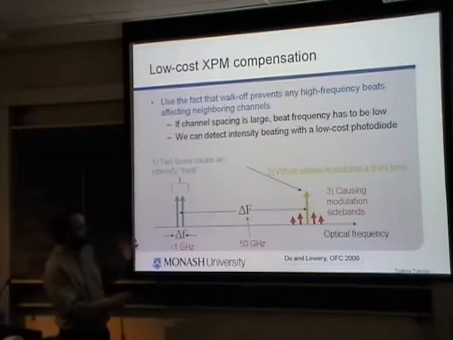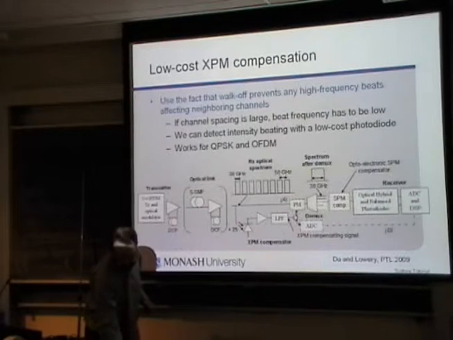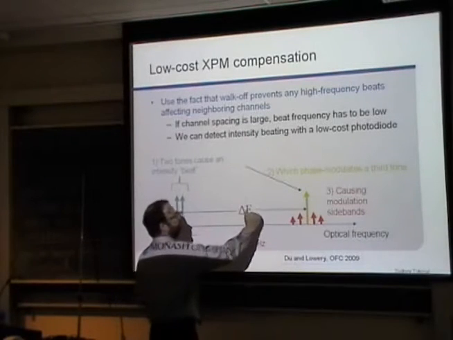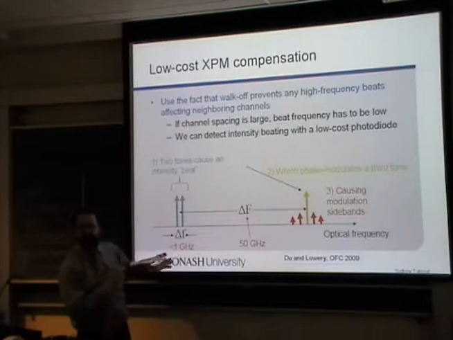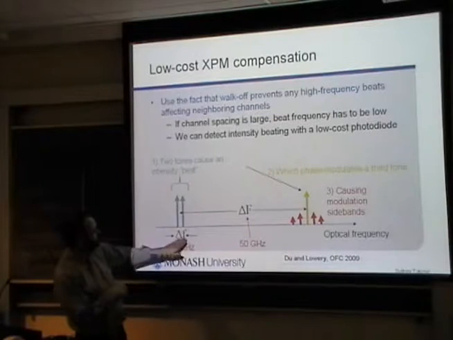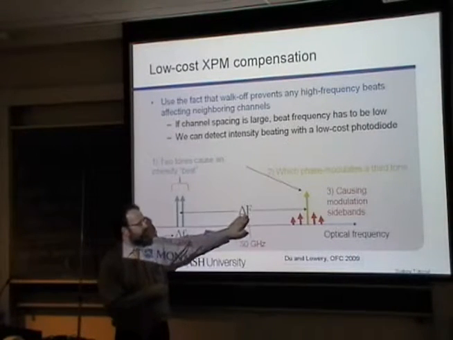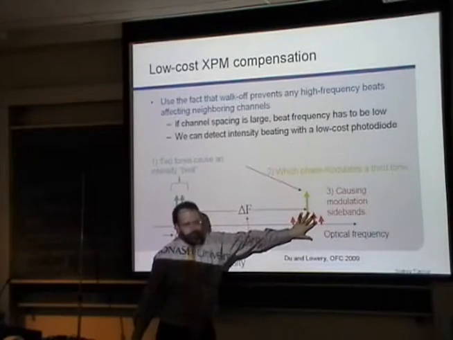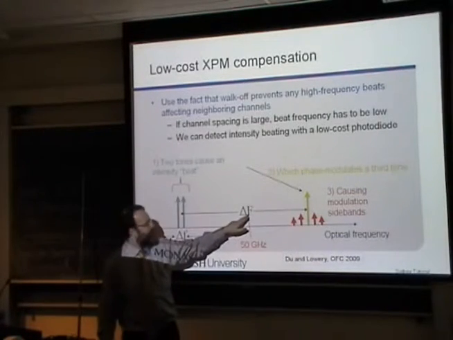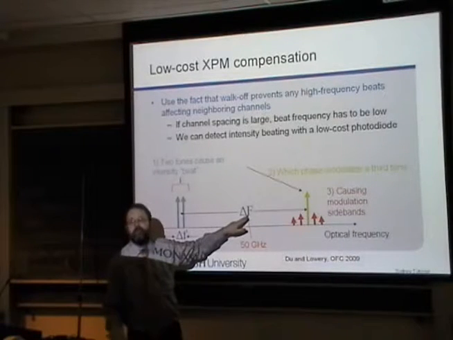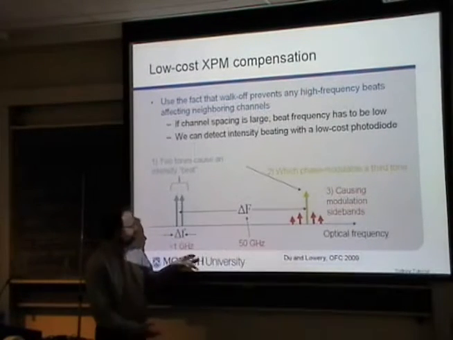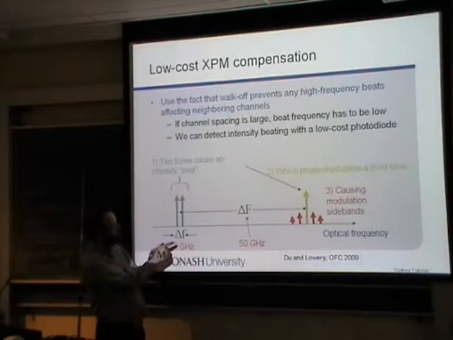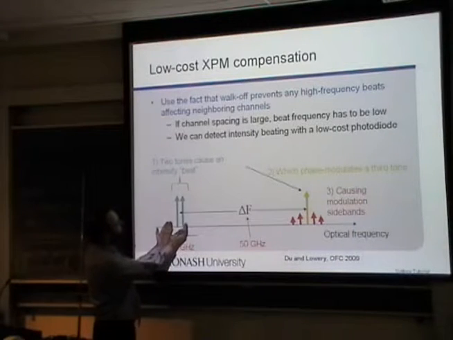What this says is, actually, in my four-way mixing graph, the efficiency graph, there's a product, a geometric mean, of this delta F and this delta F. So if you have one channel affecting another channel, that means this delta F is big, like 50 gigahertz or a multiple of it. And that means that this one has to be small to get any four-way mixing efficiency at all. So only close